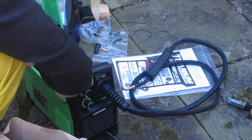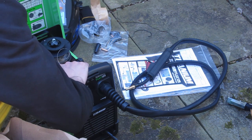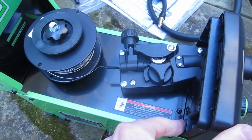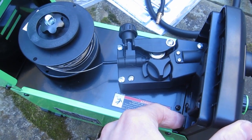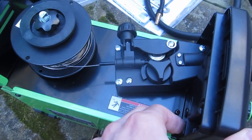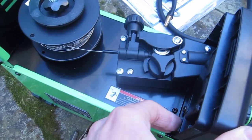The irritating part here is that it was really slow to feed through. At times it would do this. Look how slow this feeds. I have to wait until it comes out of the tip. And other times it would actually feed smoothly. So I'm not sure why it does this, but...